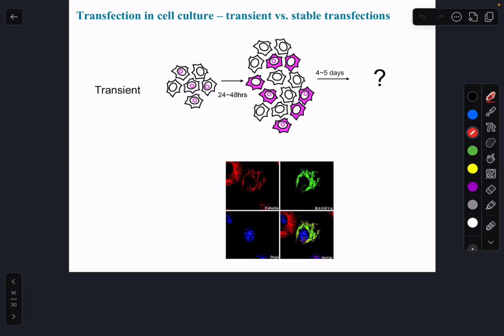Mostly in research contexts, what happens often is we introduce the plasmids into the cells. Not all cells will take up the plasmid because there's always a component of luck in having these plasmids go into cells. It's ever so slightly easier, particularly with animal cells, because they don't have a cell wall like bacteria do. So it's sometimes a bit easier for the plasmids to go into animal cells in culture, but not all of them will take it up. And we know that after 24, 48, 72 hours, the cells will divide, the plasmids won't, so there's going to be plasmid dilution. But one thing we can do is something called transient transfection, and that is we let the